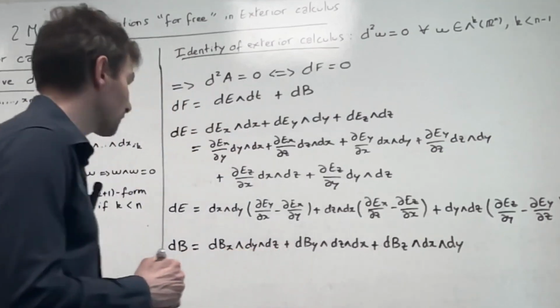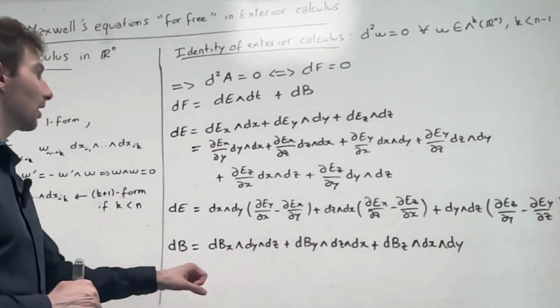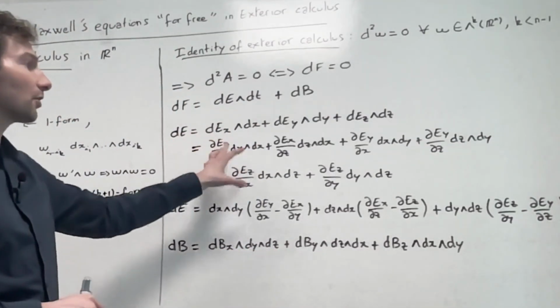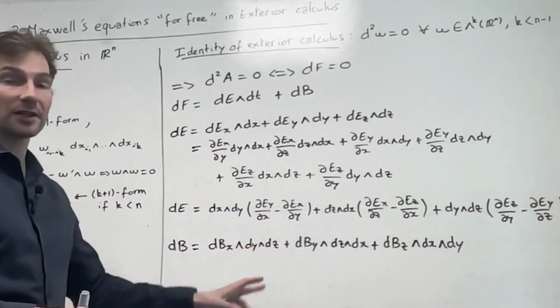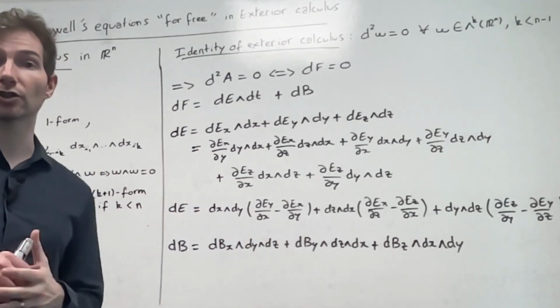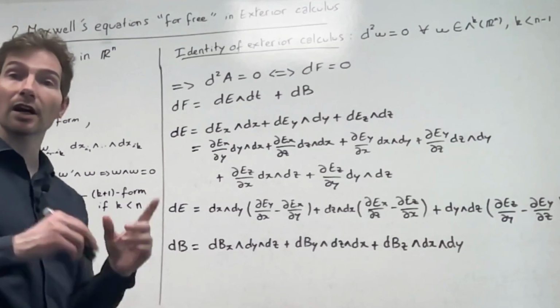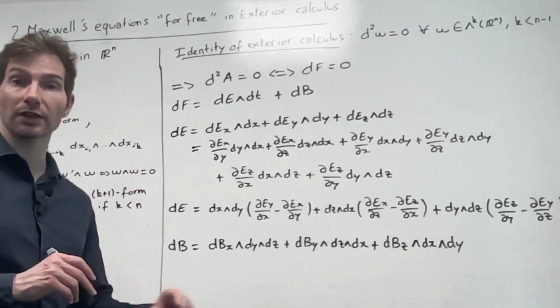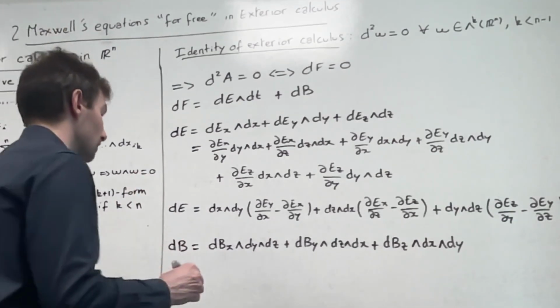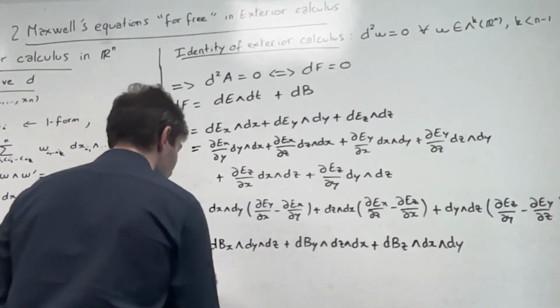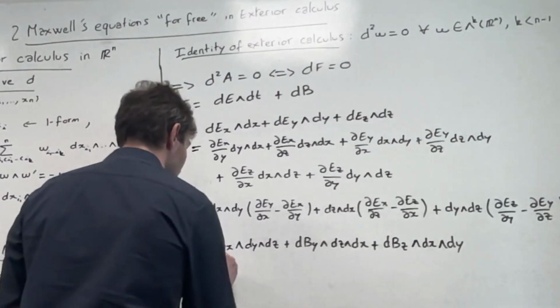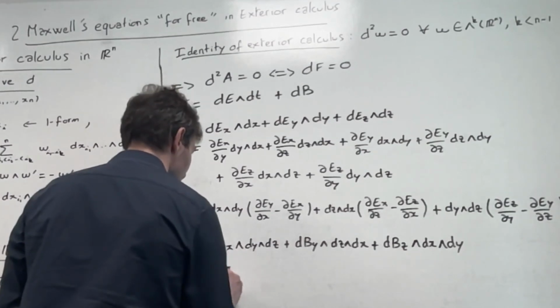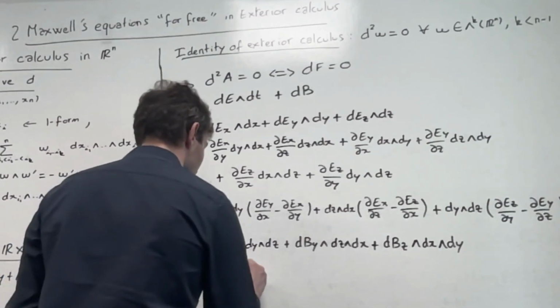Okay, so that's what we've got to calculate. So again, that's a very similar logic to here, except that I have even less spatial coordinates that are going to matter. But now I need to not forget the time component. So what I'm going to get is the following. I'm going to get dbx dx, and then dx,